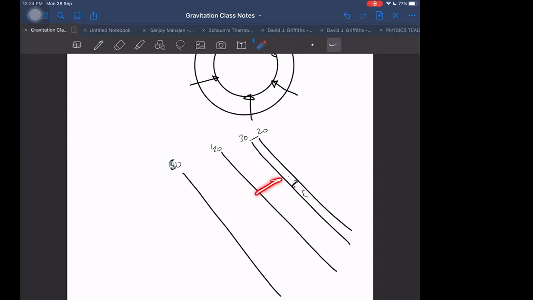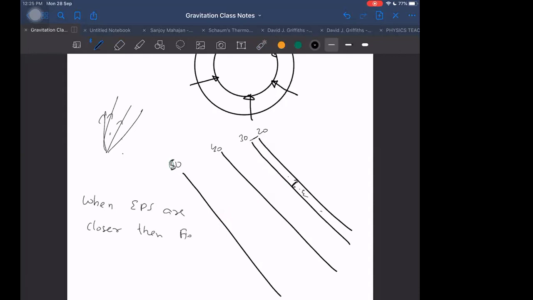And when they are away from each other, then the field is weak. It starts decreasing. I think I discussed it in electrostatic field lines and gravitational field lines. When they are together, they have more strength. When the field lines are closer, the field strength is more. In the same way, when the equipotential surfaces are closer, the field strength is more. Simply, we can say it is directly proportional to 1/r. So field strength will be more when the equipotential surfaces are closer.